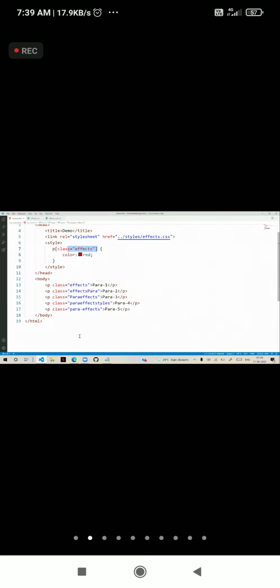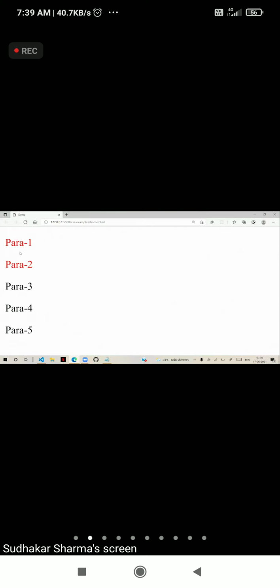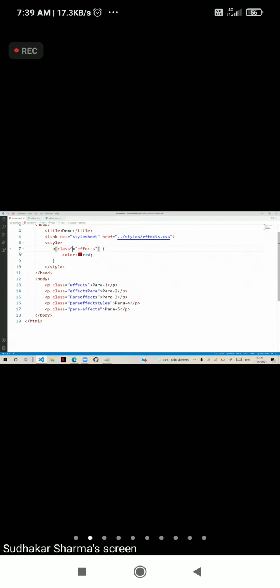Next, we have effects defined like this. So caret equal, that indicates starts with. So tell me for which paragraph now it will apply. Good. It will apply to first and second, because they are starting with effects. Now dollar equal, ends with.